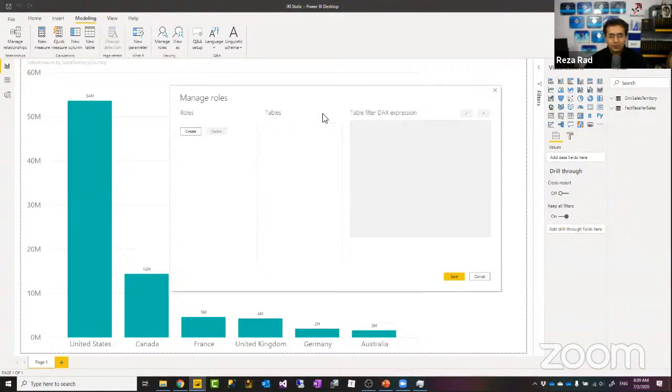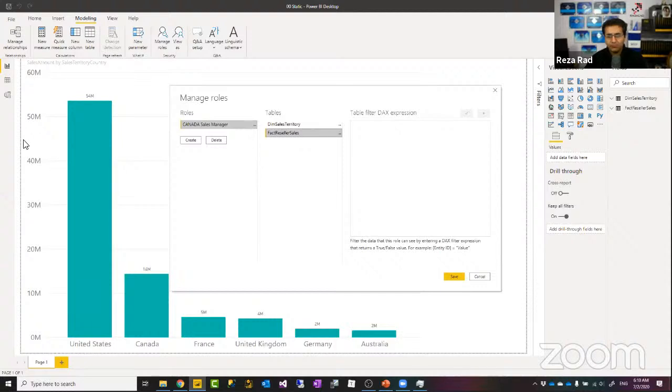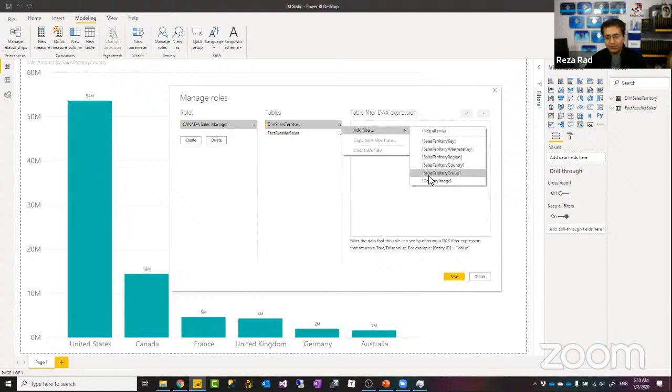So there's no role at the beginning. I can go and create one. I'm going to call this, for example, Canada Sales Manager. I will see all the tables within my model, and I can add a filter on those. For example, in this case, you learned from that diagram I showed you that country should be filtered on this table because that's one of the fields of this table. Now you can go ahead and write your filter criteria here, or you can click on these 3 dots, add a filter. This will show a list of existing columns and you can pick from there, which is usually easier.